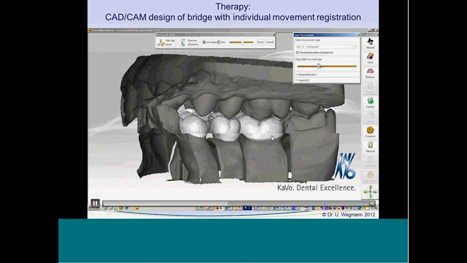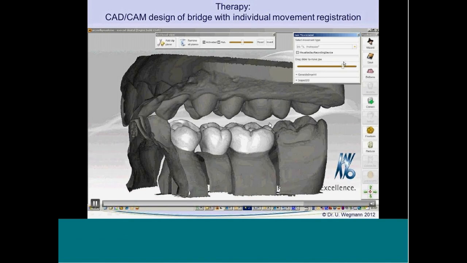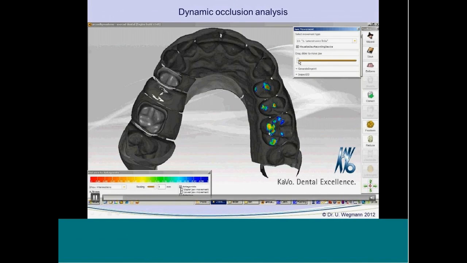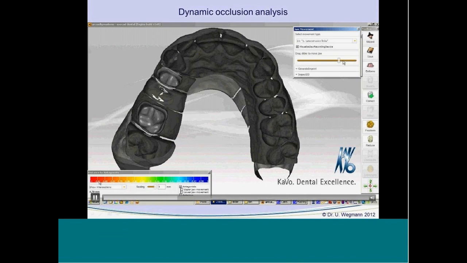When you do some prosthetics on this side, you can check, is there any disturbance on the other side, on the natural teeth, because here you can see the distances between the upper and the lower jaw as color-coded spots here, and then you can decide, okay, here's some disturbance, there I have to adjust the natural teeth. That's also very helpful.